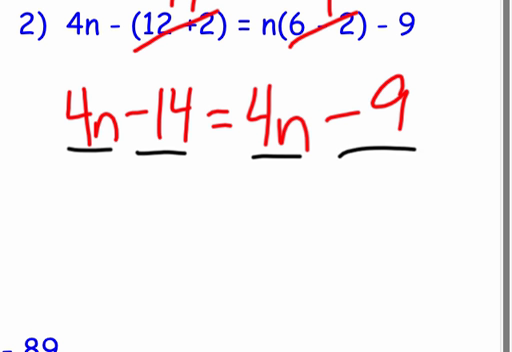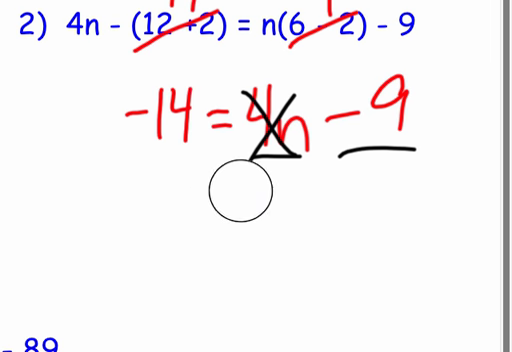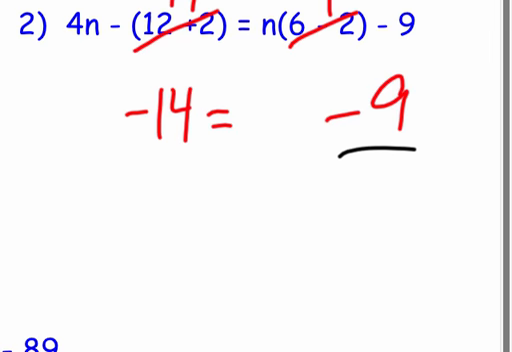So if I think about this, 4n is the exact same thing, right? So they almost kind of cancel each other. They don't even really matter, okay? And negative 14 does not equal negative 9. So let's go back to this point here. So basically what we're saying is